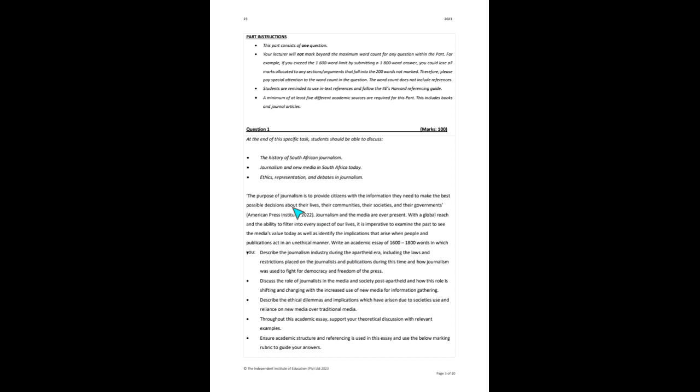Okay, so let me just go through the context first, so you can understand where we're going from that. It says the purpose of journalism is to provide citizens with the information they need to make the best possible decisions about their lives, their communities, their societies, and their governments. So journalism and the media are ever present. With a global reach and the ability to filter into every aspect of our lives, it is imperative to examine the past, to see the media's value today, as well as identify the implications that arise when people and publications act in an unethical manner. So you're going to write an academic essay of 1,600 to 1,800 words, in which